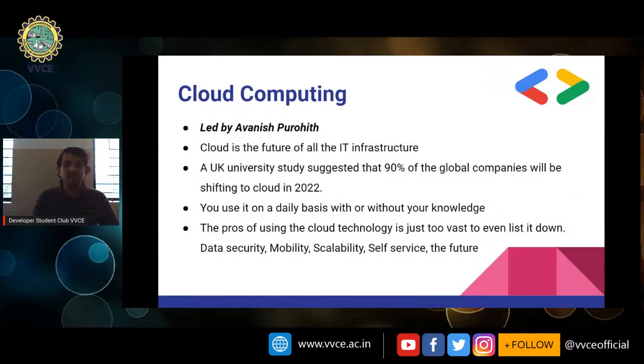Next comes scalability. Scalability is elasticity of storage and resources. Resources are flexible enough in cloud, and then there's the storage capacity, which beats nothing else. There's also self-service, which means there's no involvement of a middleman. There's direct communication between you and the cloud itself. It is also seamlessly the future, as I previously mentioned. It has a competitive edge over the others.